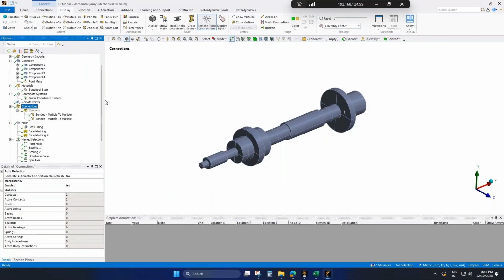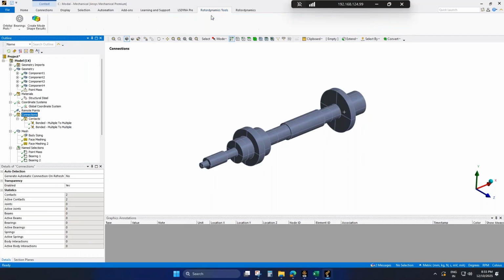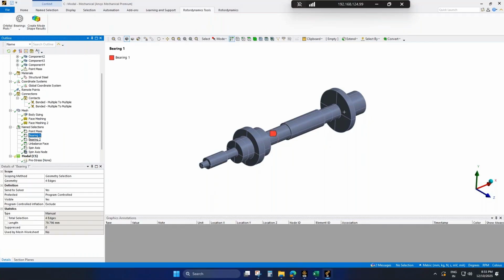Now I'll use the Rotordynamics ACT app to create the bearing connections using name selection. To do that, we can pre-select the bearings, click on the bearing dropdown, and select create bearings from name selection.